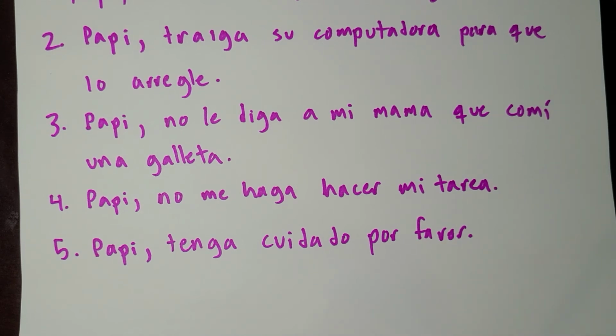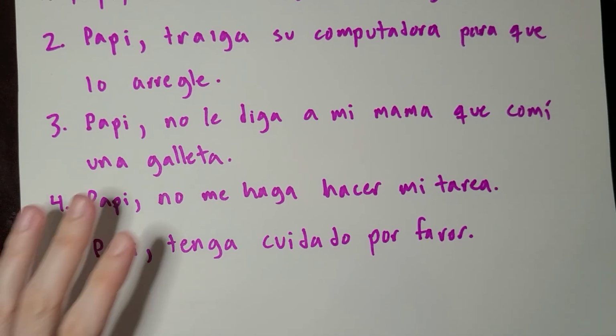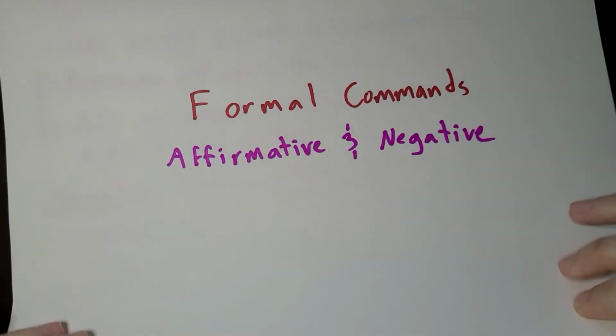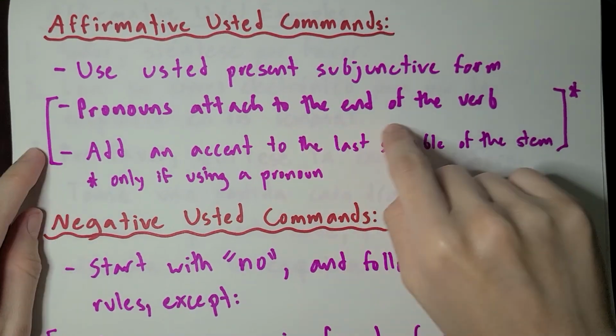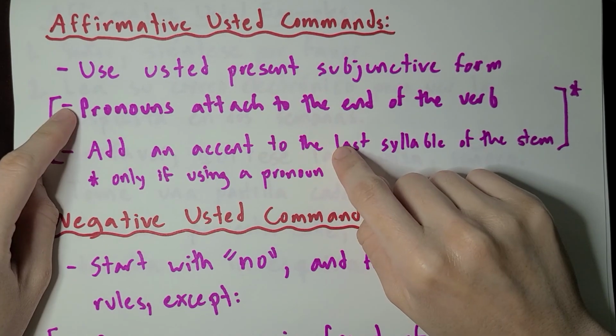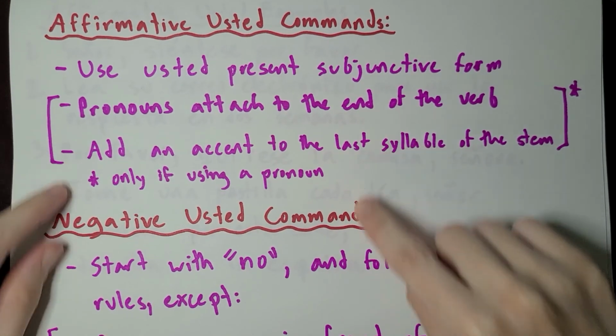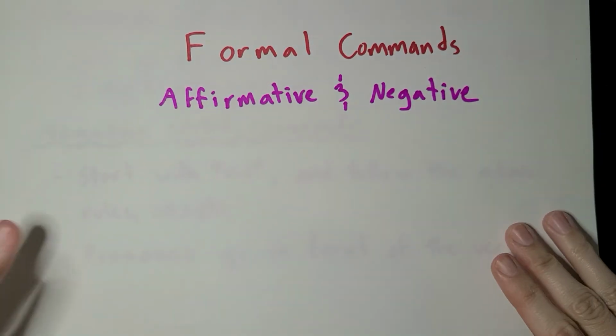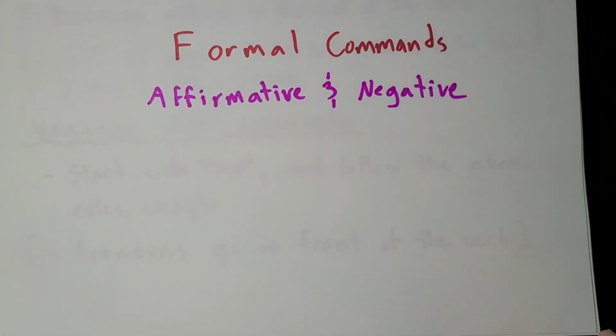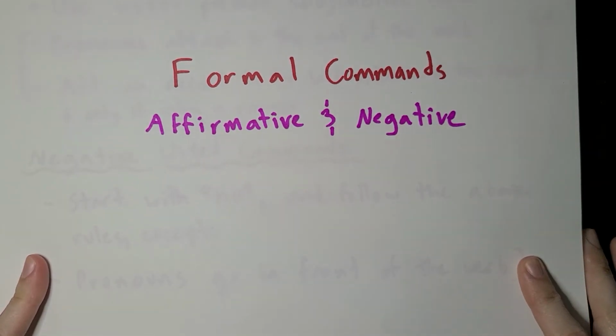Okay guys, so that's it. If you're having confusion with this, it's probably coming from the subjunctive conjugations and not really the command part of it. So what I want you to take away from this video is that to make usted commands in Spanish, you use the subjunctive form. For affirmative commands, the pronoun's attached to the end. For negative commands, pronouns go in front of the verb. And if you can stick with that and remember it, then you'll do much better once you learn more about subjunctive